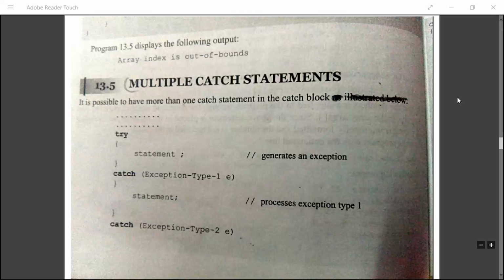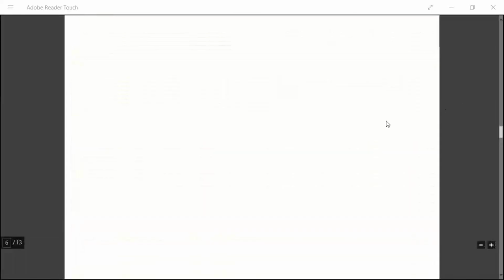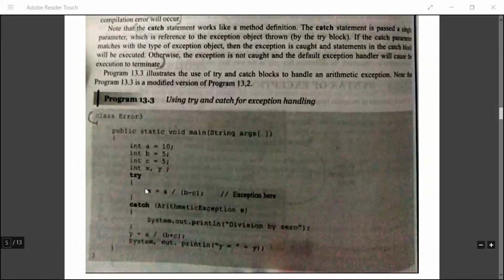Good morning, girls. Today we are going to discuss multiple catch statements. In general, exception handling code syntax we have seen in the last class. So, what is the syntax? It will have one try block and one catch block. That is what we have